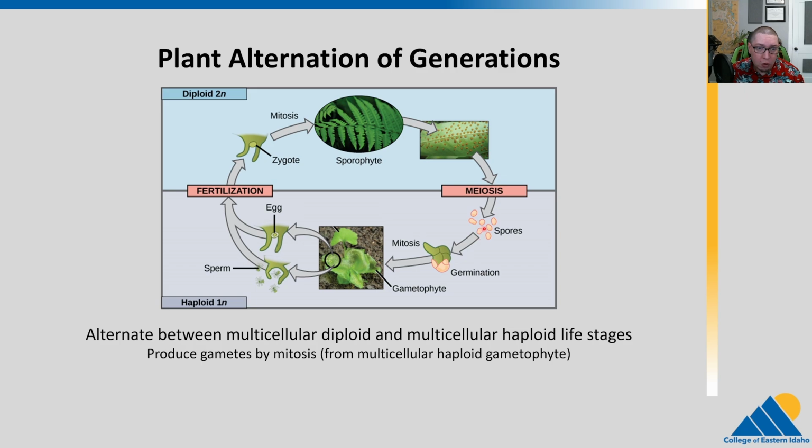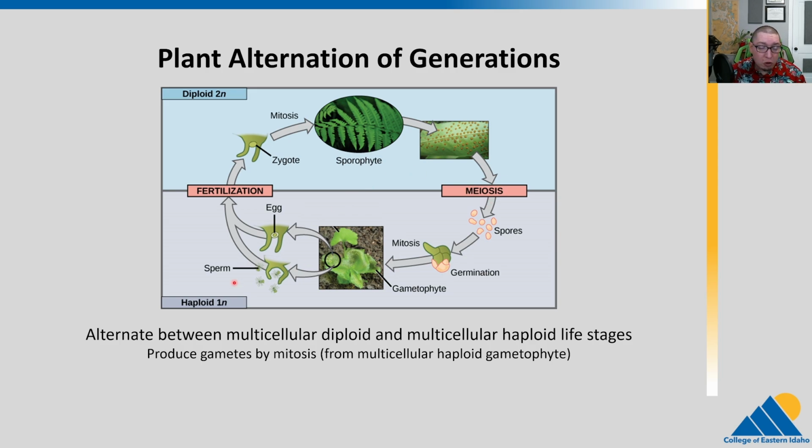The spores will germinate, and that means they'll start dividing by mitosis. So you have this spore that is 1N haploid, and it starts dividing into a multicellular 1N structure, a multicellular haploid phase that is completely free living. This is called the gametophyte. Okay, so let's think about that. That is like your cells that are produced by meiosis, either sperm or egg. They divide by mitosis and they go and live their own life. That seems strange to us, but that's how plants do this.